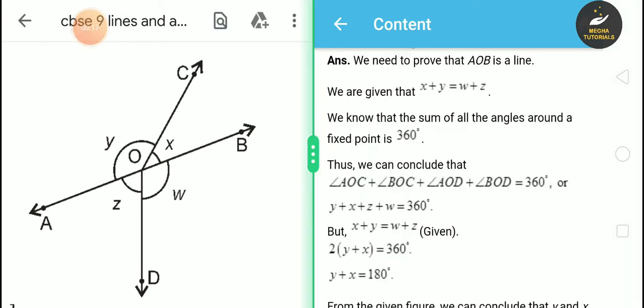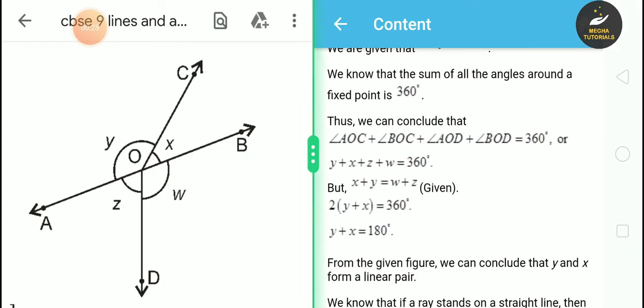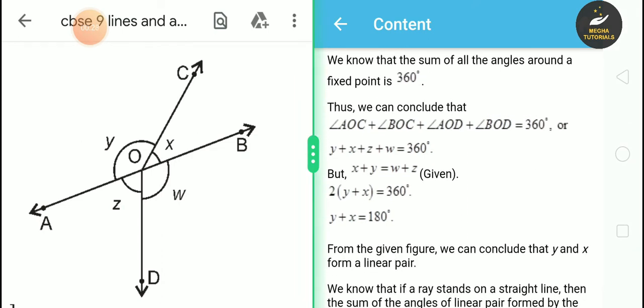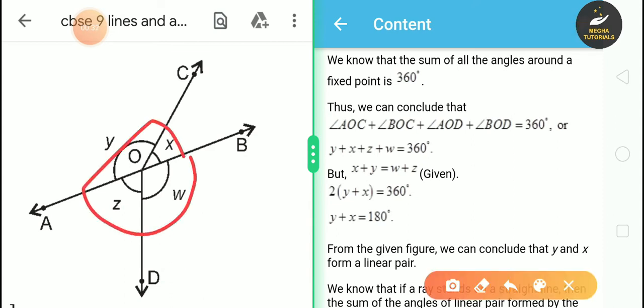So it is given that x plus y is equal to w plus z, and we need to prove that AOB is a line. So let's start with the solution. Now we know that the sum of angles at a point is always 360 degrees. Then we can write angle AOC plus angle BOC plus angle AOD plus angle BOD is equal to 360 degrees,